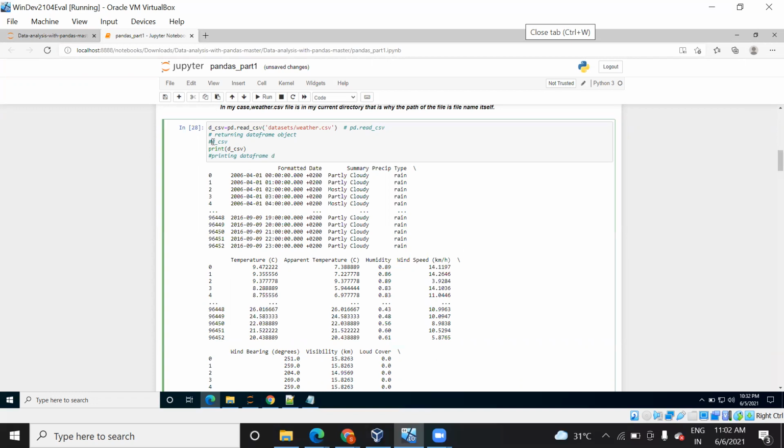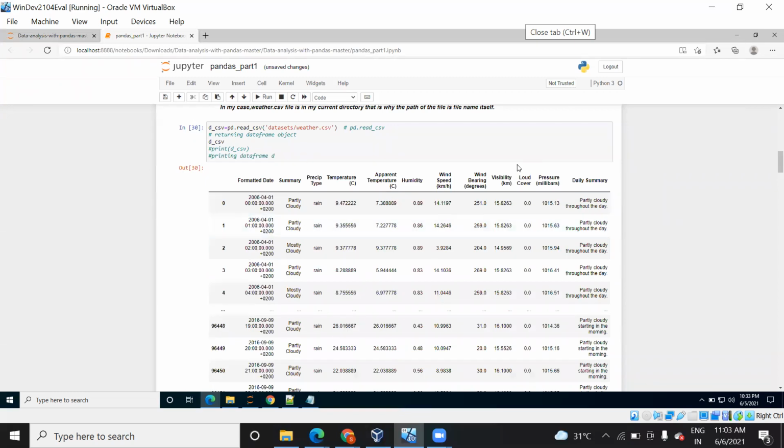But that will be a little confusing, so you can use this format itself. So there are both ways of printing it. See, when you use only the variable name, it will give you your data set in the proper format.